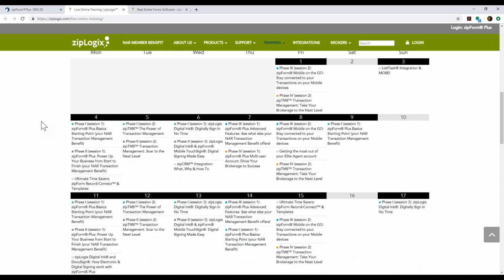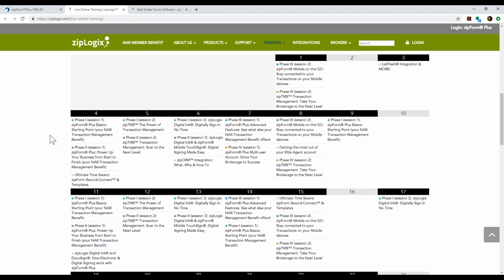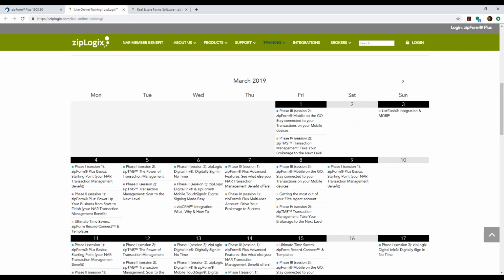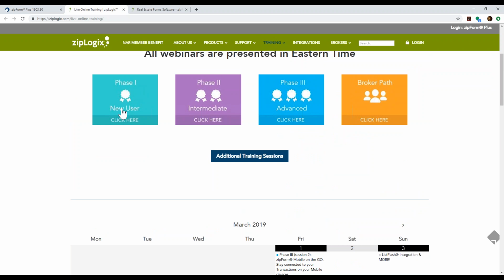So say after today you're like, I really wanted to learn more about the TMS functionality. Well, by all means, sign up for any one of those. Those happen every Tuesday. Okay. So they're going in phases, as you can see. Phase 1 is for those new users. Phase 2 is for intermediate. Phase 3 is for advanced. And then finally, we have a broker path solution as well. Okay.